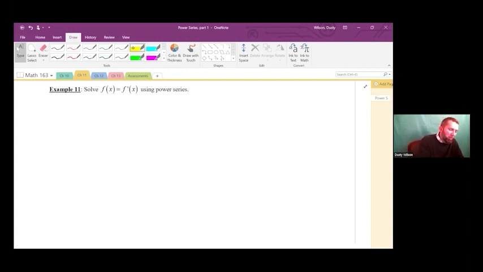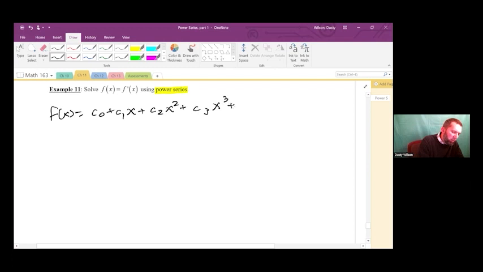So let's think about it. If we're working with power series, then that means that f of x must be equal to some c naught plus c1x plus c2 x squared plus c3 x cubed plus dot, dot, dot. Okay, and we don't know what the c naught, c1, c2, c3 are. Those are the constants that we need. But if f is indeed this kind of power series, then that would imply that f prime of x